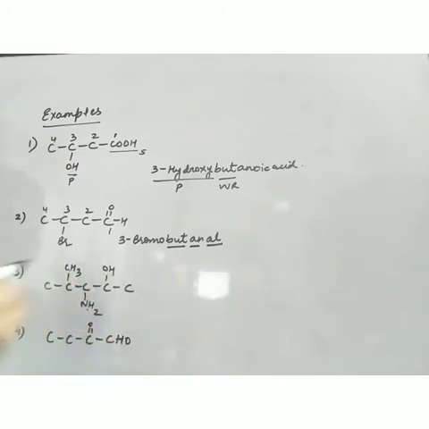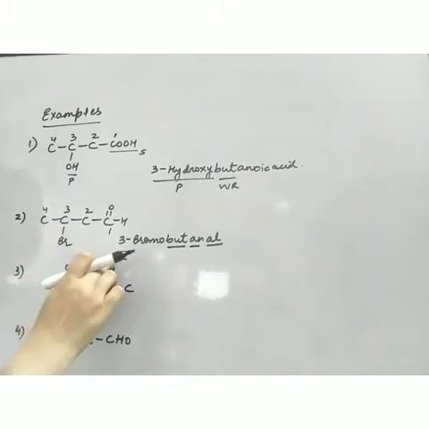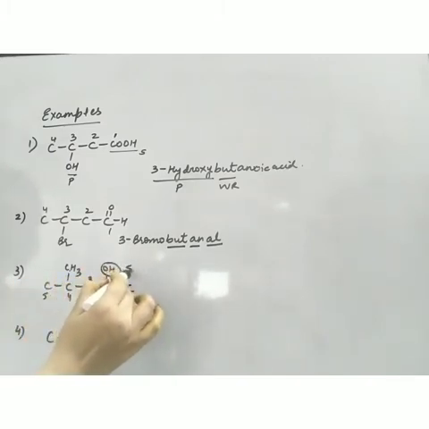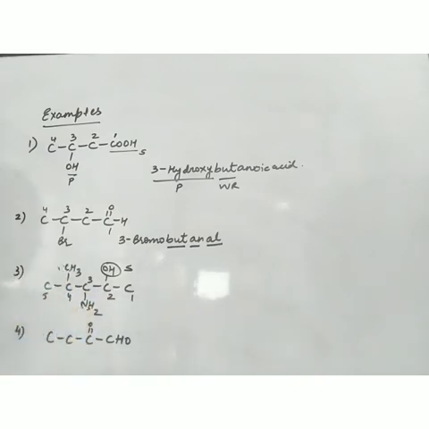Now here I can see three things, but I know that alcohol has the highest priority. Now the numbering is done in order to give this alcohol the lowest number. So 1, 2, 3, 4, 5. This will be written as suffix and these two will be written as prefixes. Now the prefix for CH3 is methyl and the prefix for NH2 is amino. Which comes first in alphabet? A. So I will write 3-amino, 4-methyl. This is the prefix part. Pent, ane, 2-ol. So this is word root, primary suffix and secondary suffix.